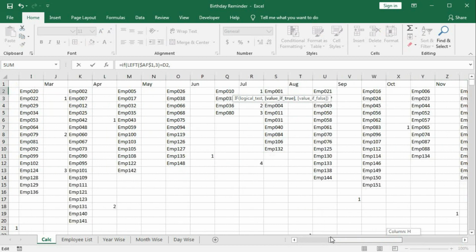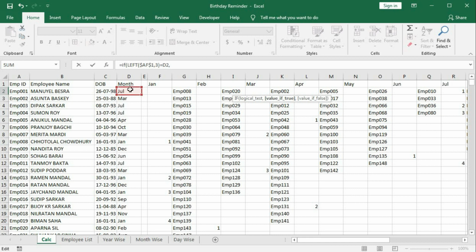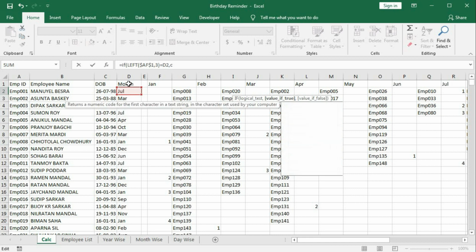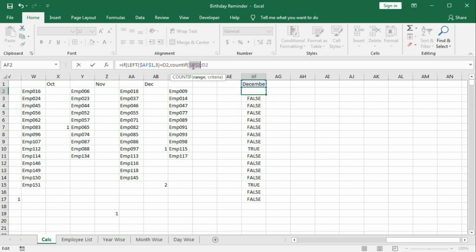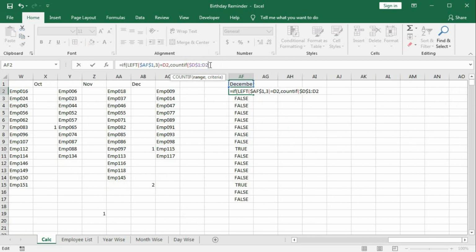So if this logic is true, then count. What will we count? We will count this one. COUNTIF, bracket open. Select these two cells. First cell should be locked. Press F4. Then comma. Criteria should be this one, but with left function.